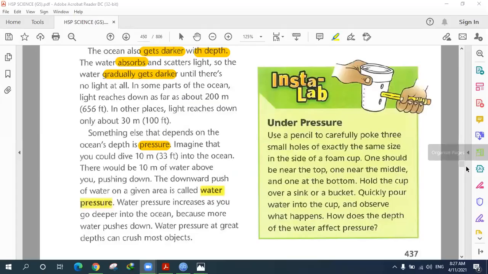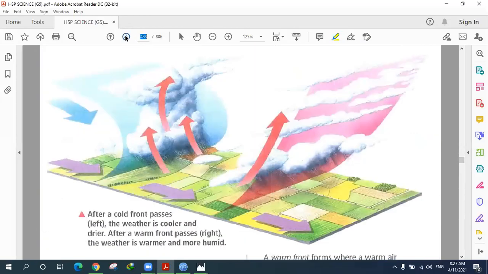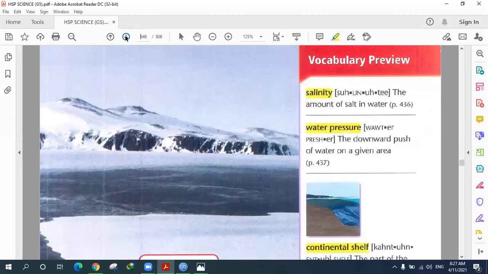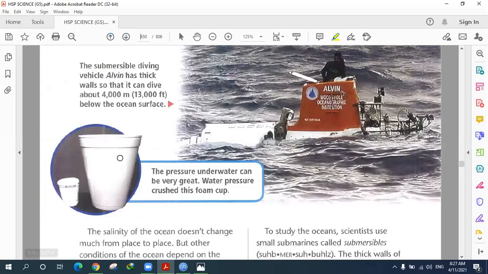Okay, I want you to see this picture here. Can you see this? Those are two cups of water, a big one and a small one. You would think those are different cups of water, right? But actually, the small one used to be the same size as the big one, but once it got into high pressure, it was pressed down.